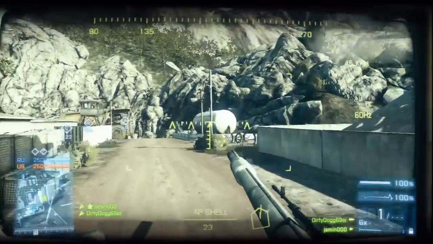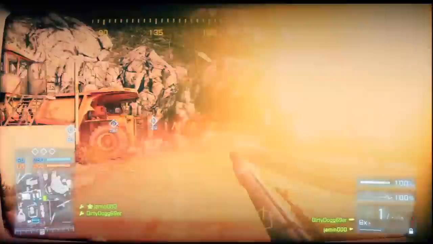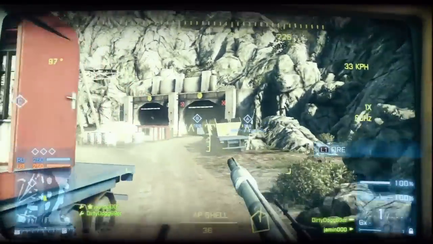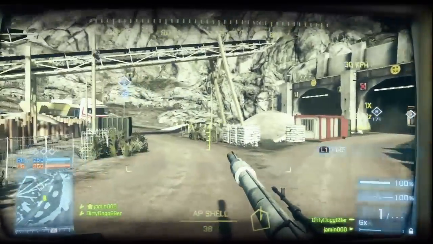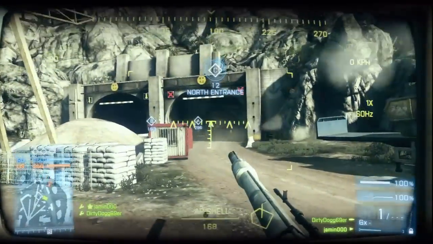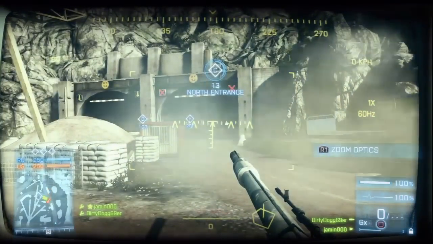Today I got a game of Conquest on a map I like to call Base Jump. We started with the C spawn, and this map is another pretty linear map with only 3 flags. This is on the PS3, of course. So we're going to capture our side of the flag, and then we're going to move on through and hopefully